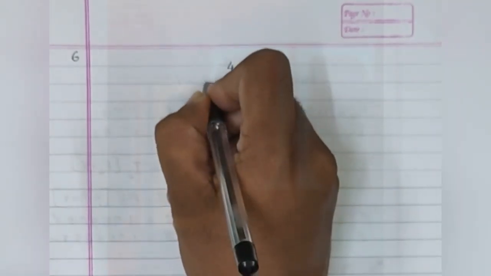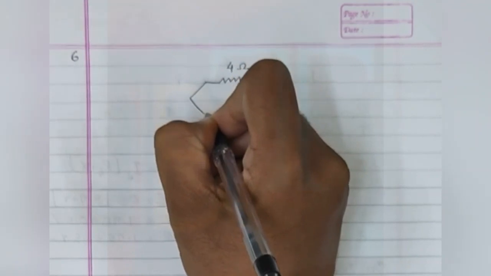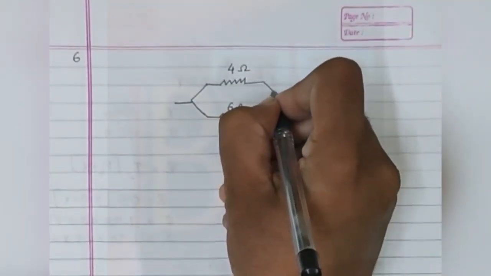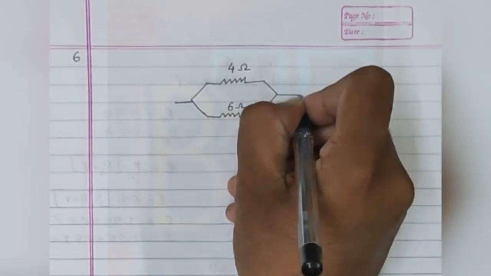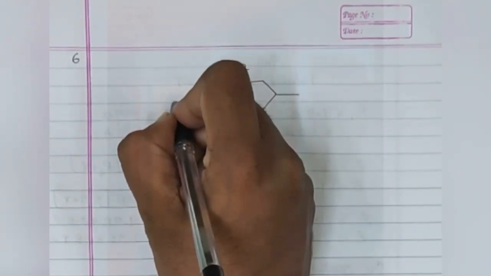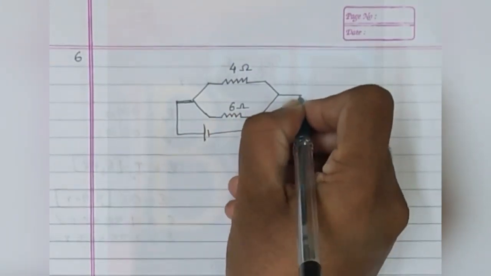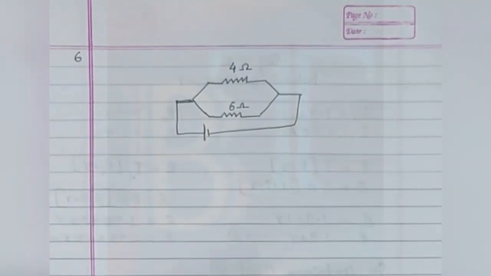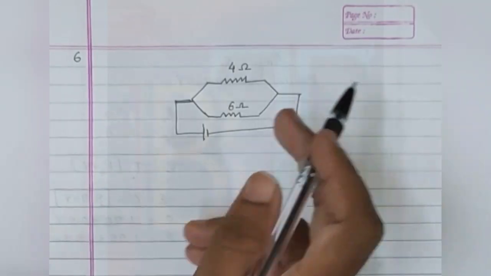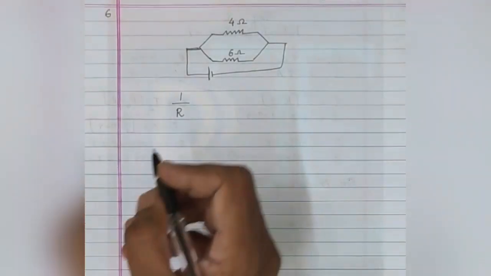So in parallel connection, we will connect one end of both resistors together and the other end together, and the battery is connected across these terminals. In parallel connection,